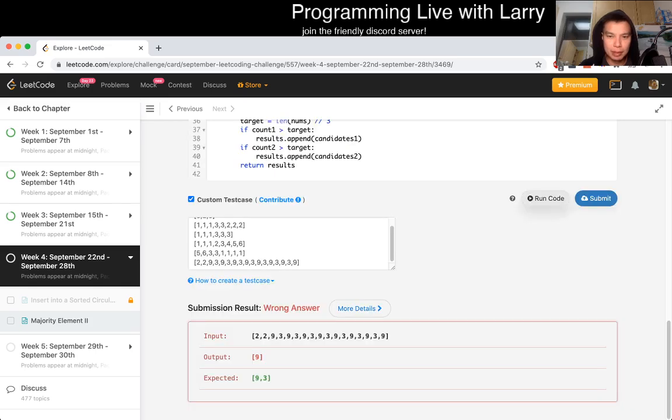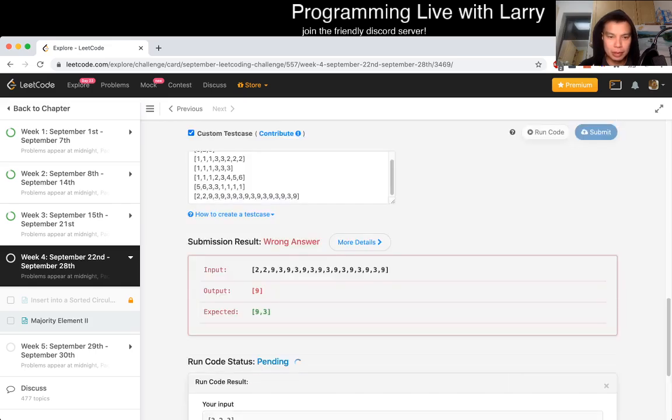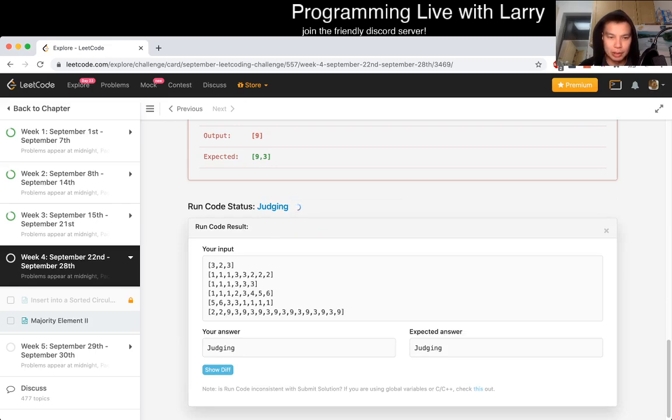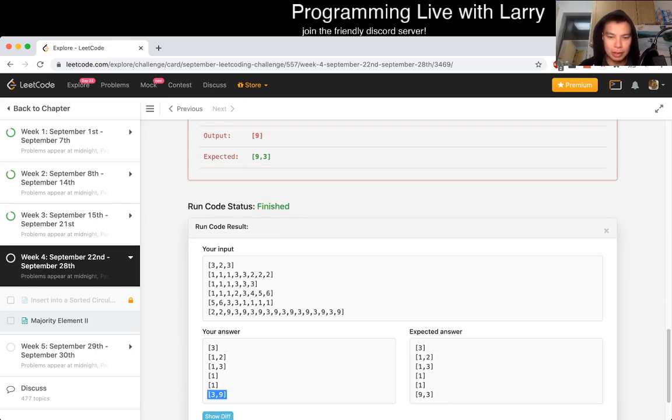Let me see what shows up here. Just trying to figure out a good visualization with this as well. So this one, it looks good on this answer, but